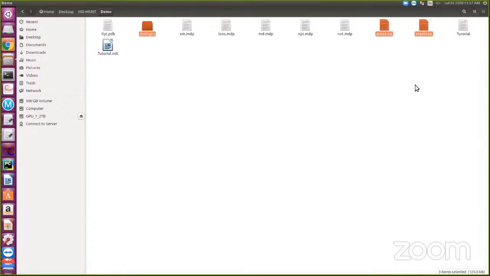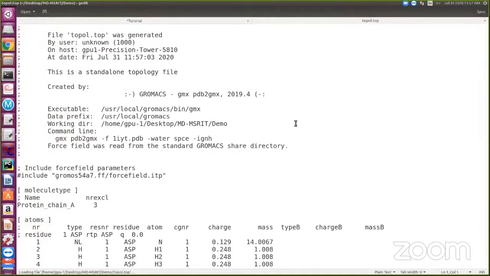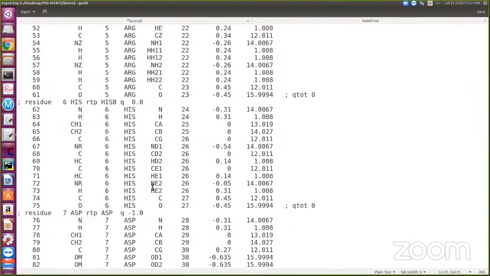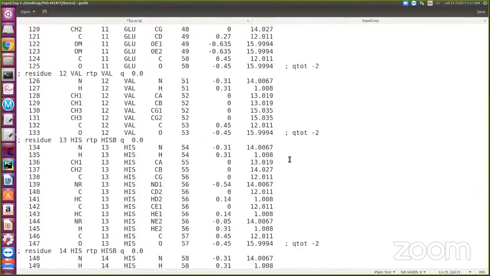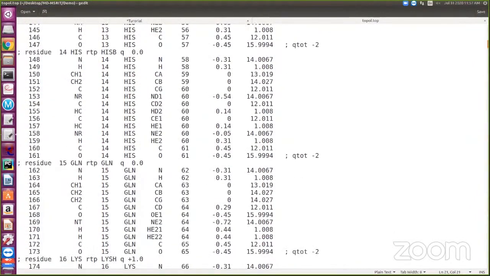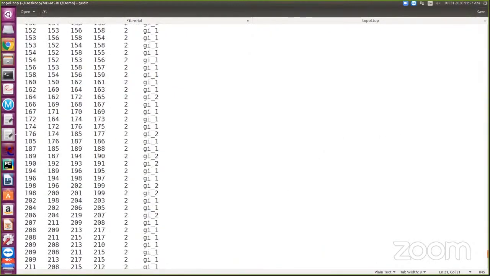These 3 files are created because of my first command: conf.gro, posre.itp and topol.top. Topol.top is very, very important. This is created based on the Gromos force field. These are the force field information. I'm not going to explain in depth; this is very difficult to explain.